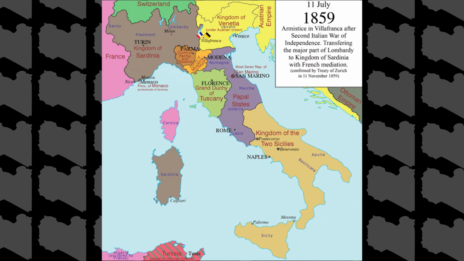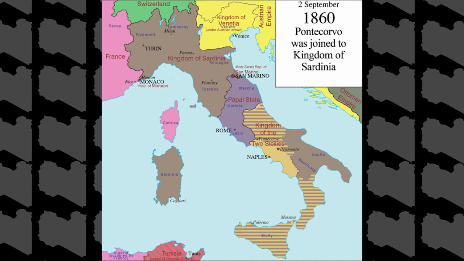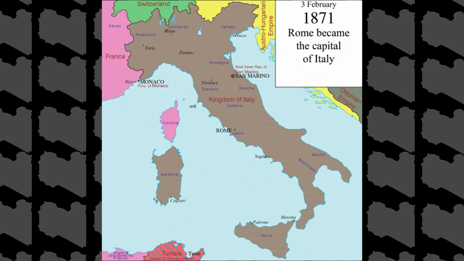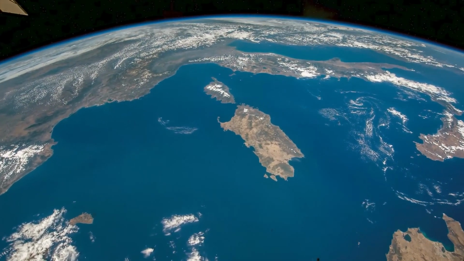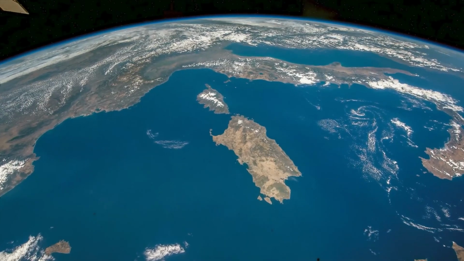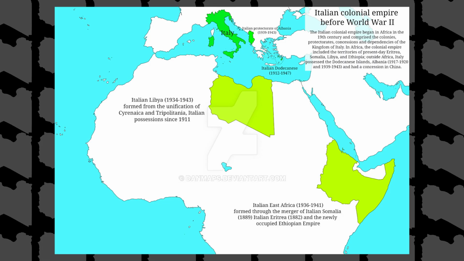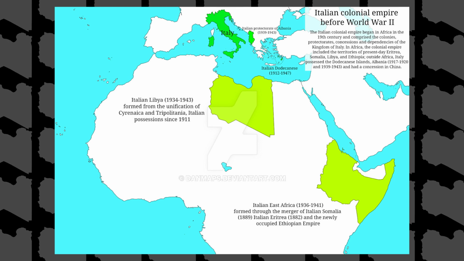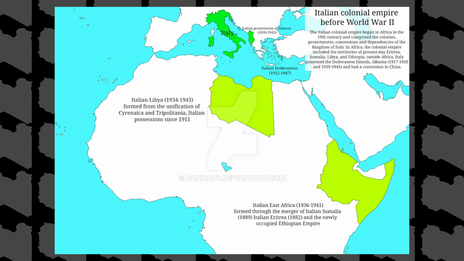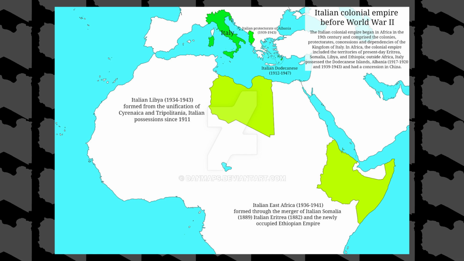That all changed in the late 19th century when a man named Giuseppe Garibaldi led military campaigns to gradually unify the peninsula. The newly united Italy needed to legitimize itself to the international community, so it joined the colonial rat race of the 19th century. In its heyday, the Italians controlled a decent chunk of Africa north of the Sahara. The part of Africa that we care about for the sake of this video, now known as Libya, was annexed by the Italians from the declining Ottoman Empire.